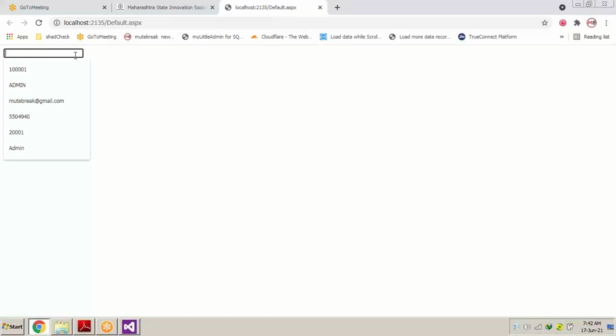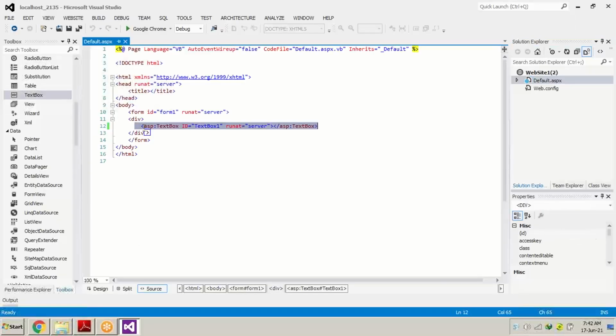You can see a small text box in the upper left corner, because we have just pulled the text box and put it over here. We have not set the position, we have not set the color, we have not set anything for this text box. We just pulled it from the toolbox and put it on our page. That's why it's looking very simple.